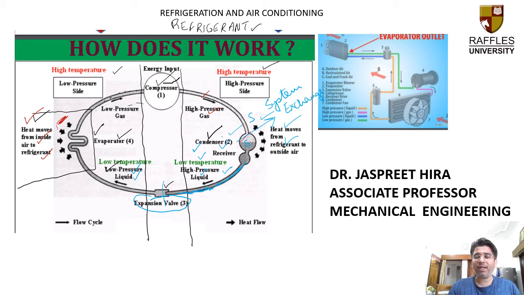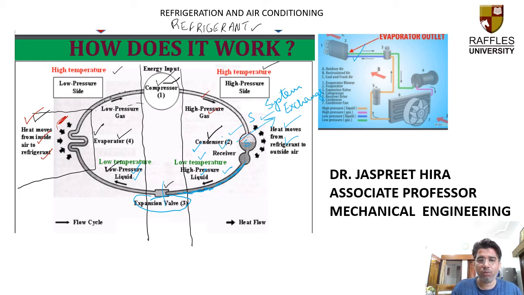So very important is the schematic layout, the names of the components, the high pressure side and low pressure side, and the flow cycle. Here you can see in this particular image how the line diagram is represented. We have the evaporator outlet, evaporator inlet, then the condenser, then the compressor, how the fan is cooling the condenser, and how the refrigerant passes on through the refrigeration system.